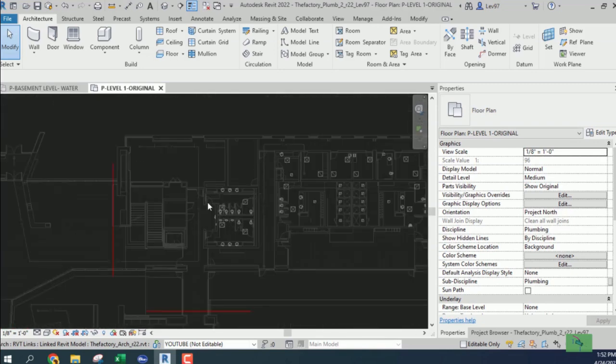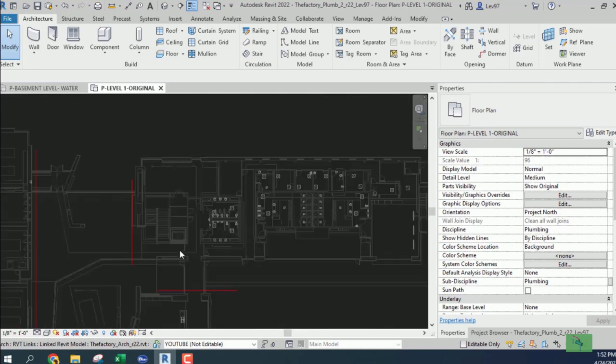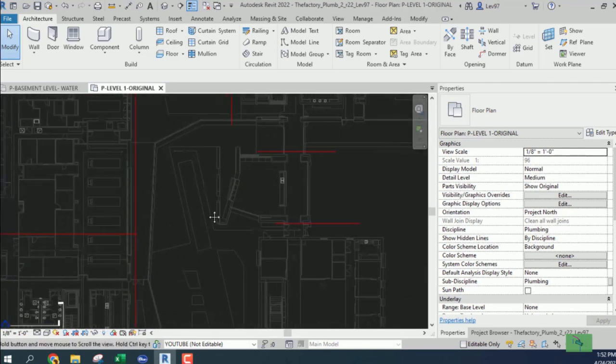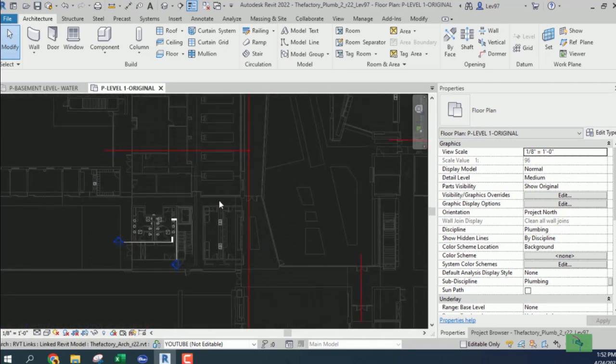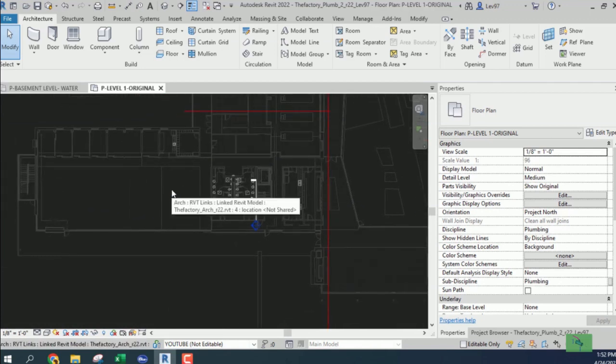Let me clean it up a little bit more, because once you start to use duplicates and dependent views, and copy views, well, duplicate and copy, same thing, you want to have the drawing be as clean as possible, because you don't want to do work twice. So as much as I can remember,